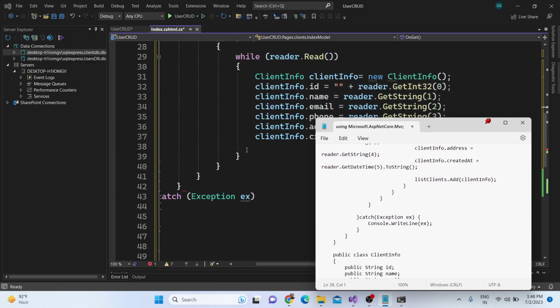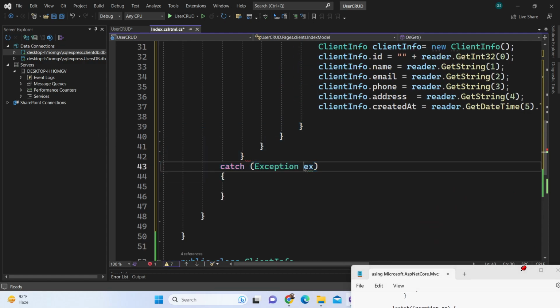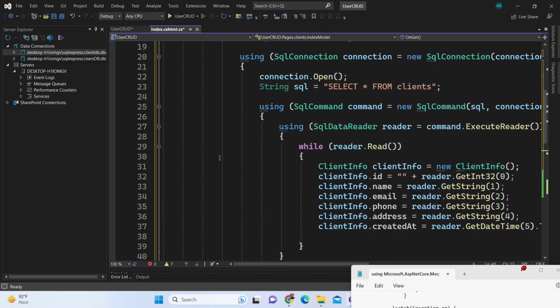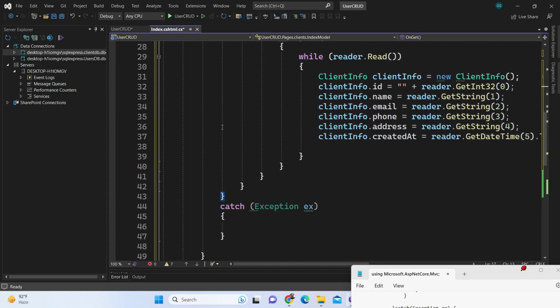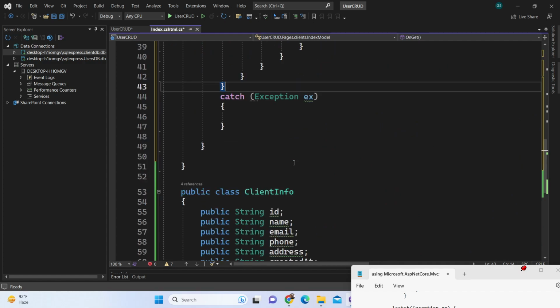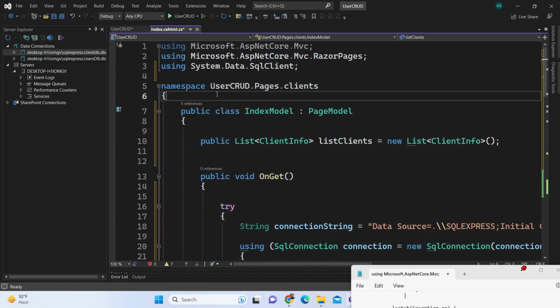Okay, I think we just need to... I think it is creating some kind of error right here. Okay, yeah, the curly bracket was missing right here. This was the try curly bracket, so we need to write this. This is all that we need to write inside our C# file, guys, because let me explain what we